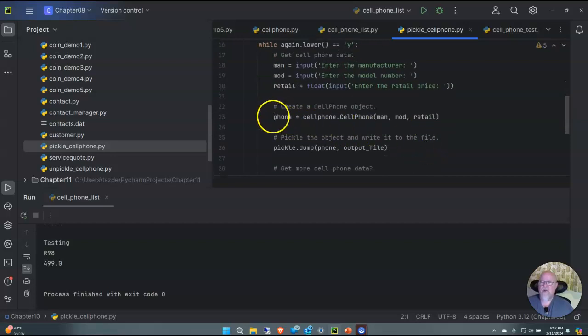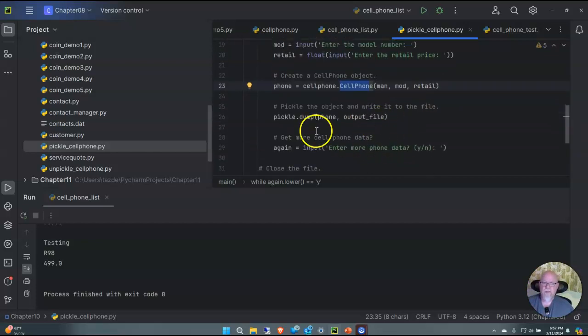Then we're going to instantiate an object, a phone object, and that's equal to cell phone. Again, this is calling the module, and this is the class. And we're going to pass in the man, mod, and retail, because remember the underscore init underscore. We pass it those 3, and it basically sets those data attributes. Then I say pickle.dump phone output file. So it basically is going to write that object